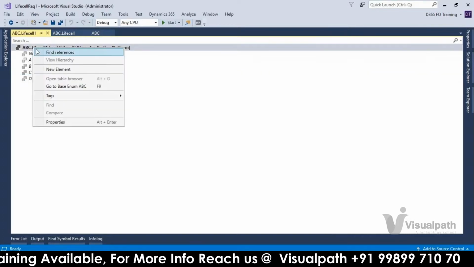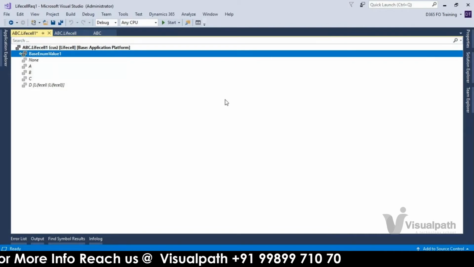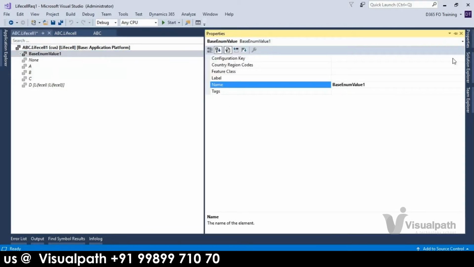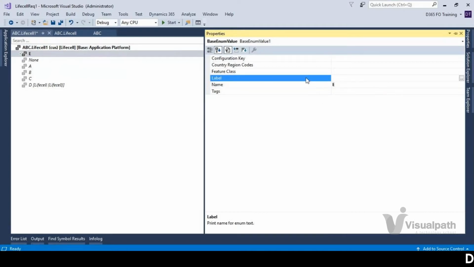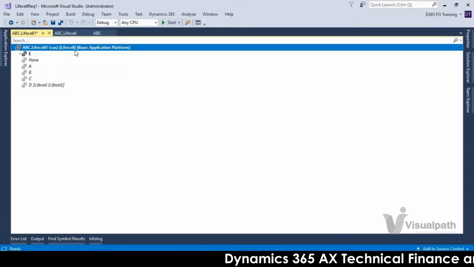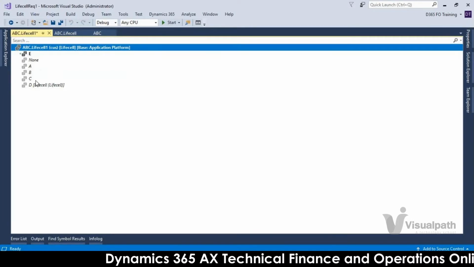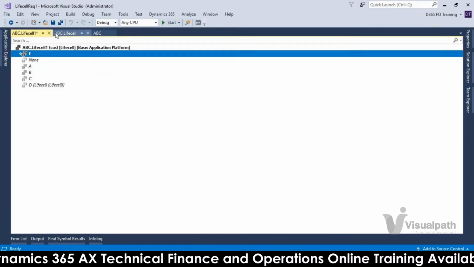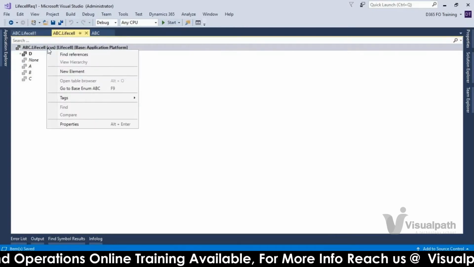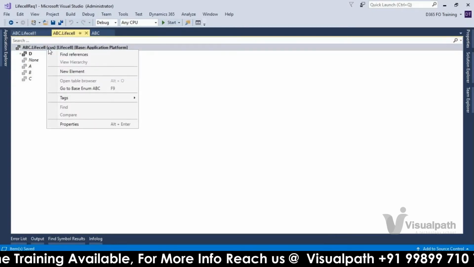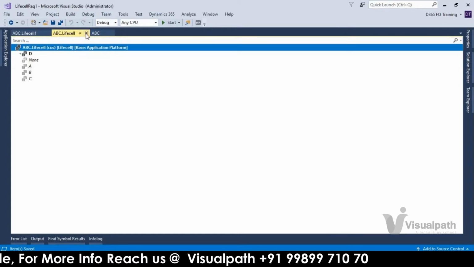Okay, here you can add the new element E. As this is the live cell one, current one, E is showing normally. Okay, again after saving this one, try and refresh this one or close and reopen it.